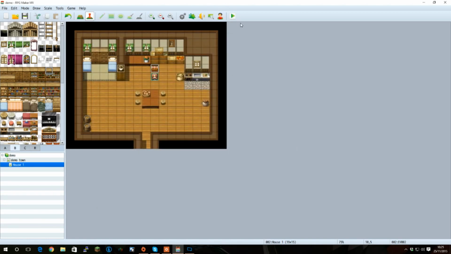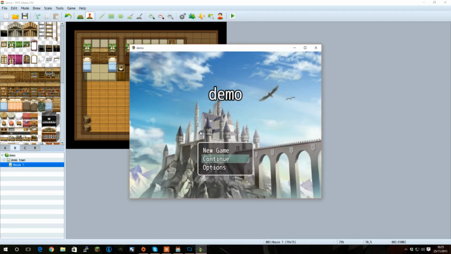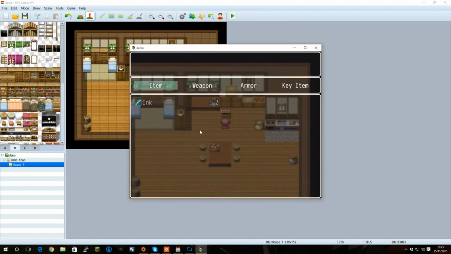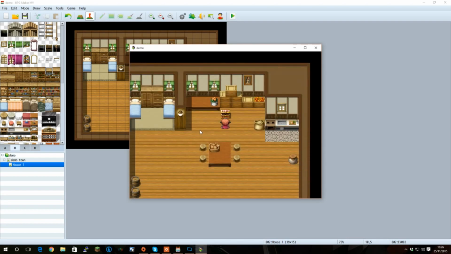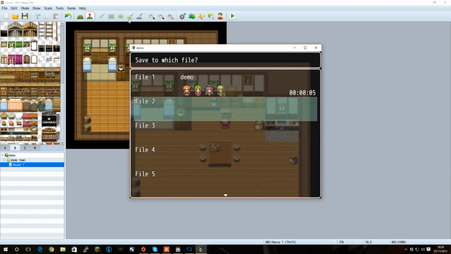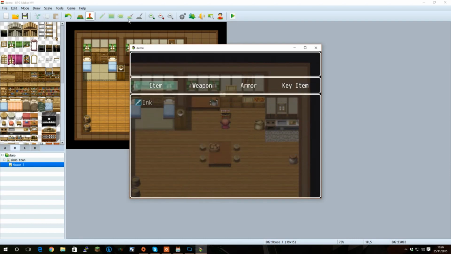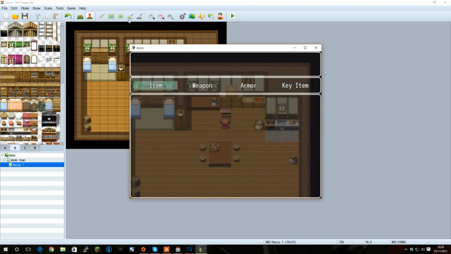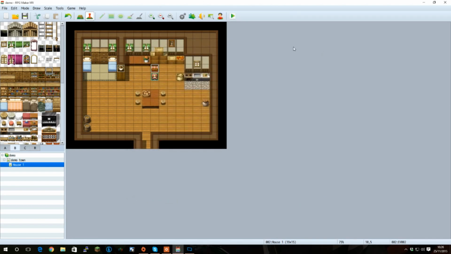Okay, that should work, let's test it. As you can see, it sort of works, but